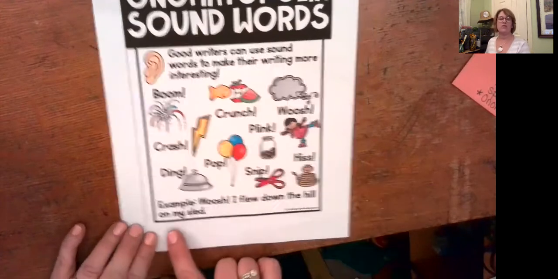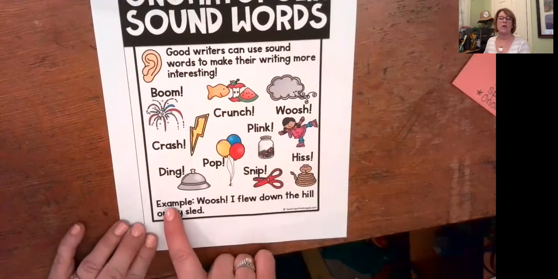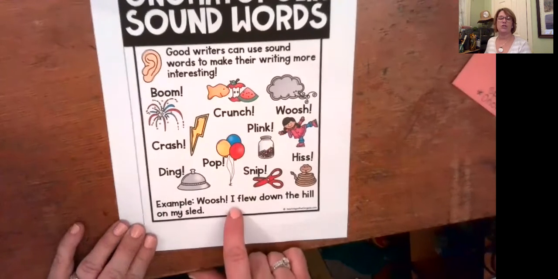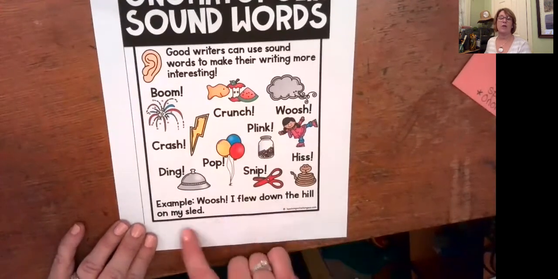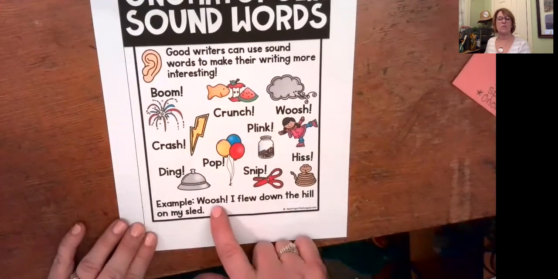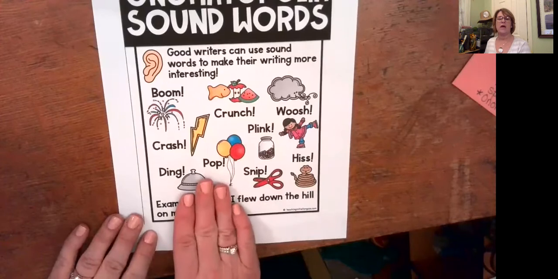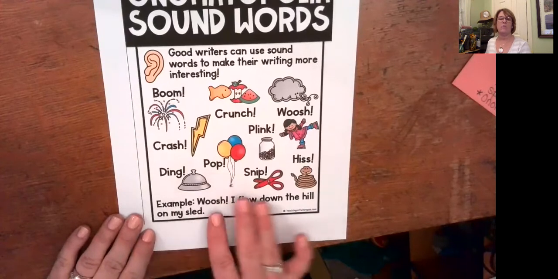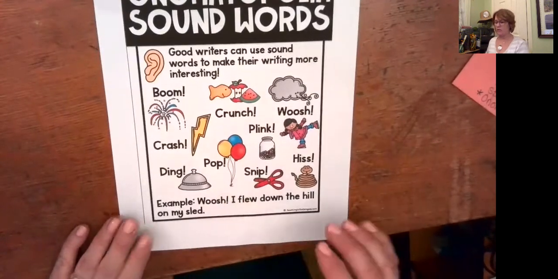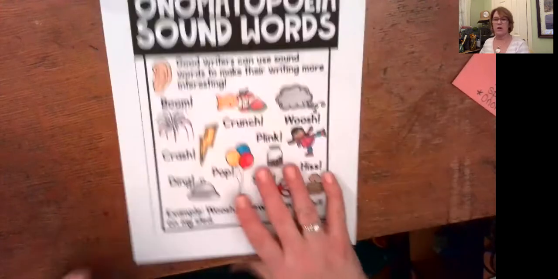And then they give us right here an example. Example: Whoosh, I flew down the hill on my sled. That makes it more interesting and more exciting if you can put a sound word with it instead of just saying, I flew down the hill on my sled. Whoosh makes it more exciting. Okay, so to help us today,